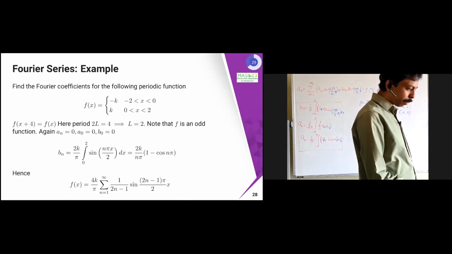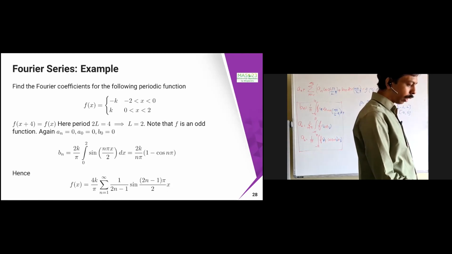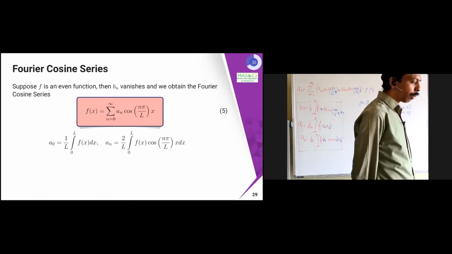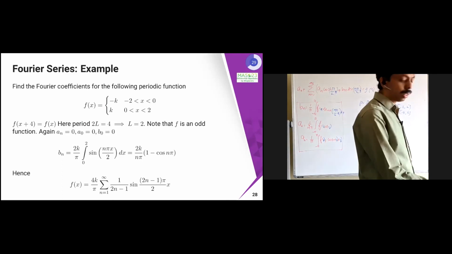There is a small mistake there. That should be n pi by 2. It is cos n pi by 2. So that's what you are going to get. You are going to get this one. So last one,